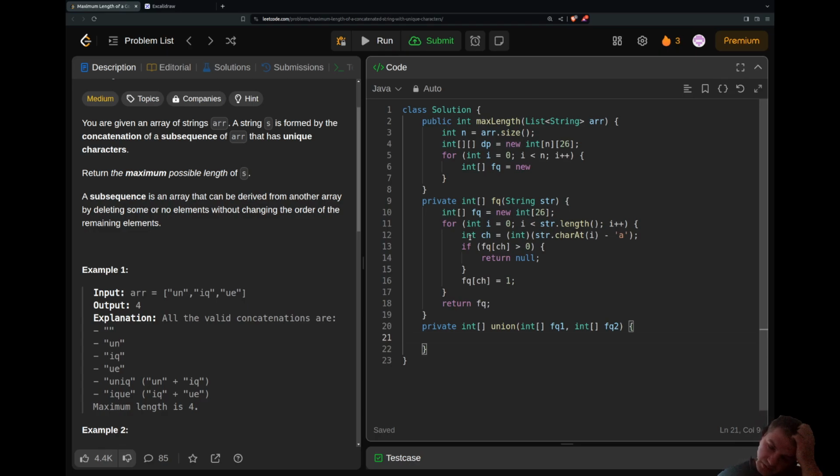Otherwise, I should return basically two things. I should return the union itself plus